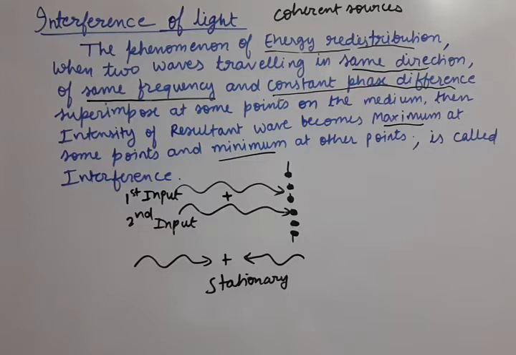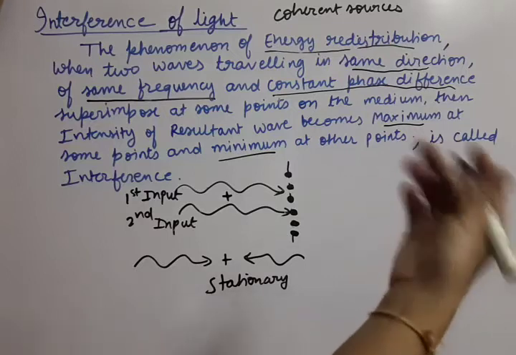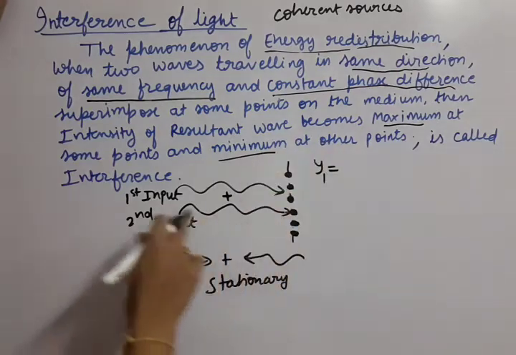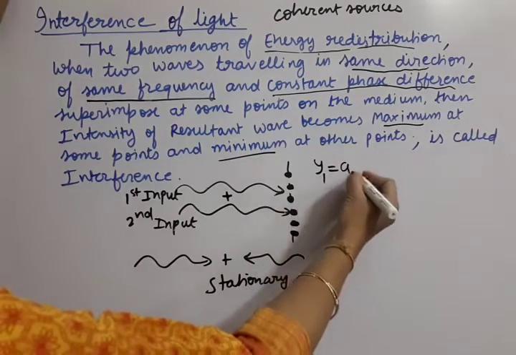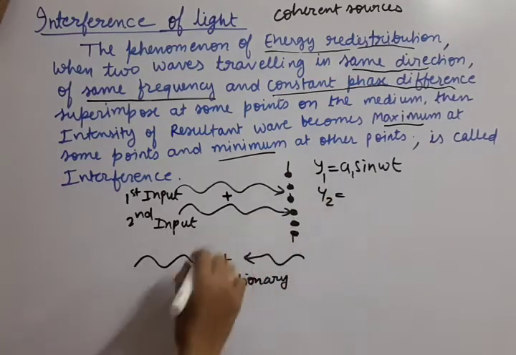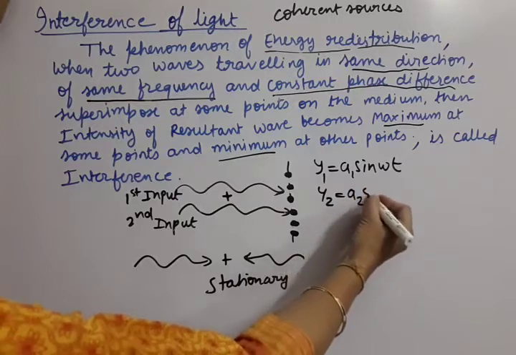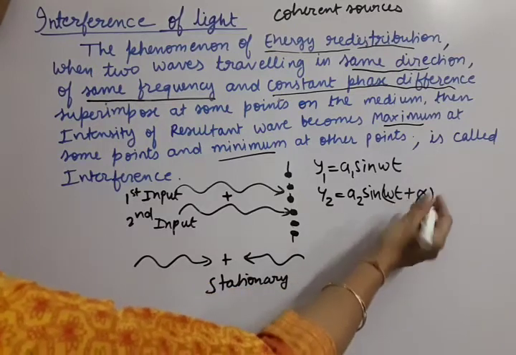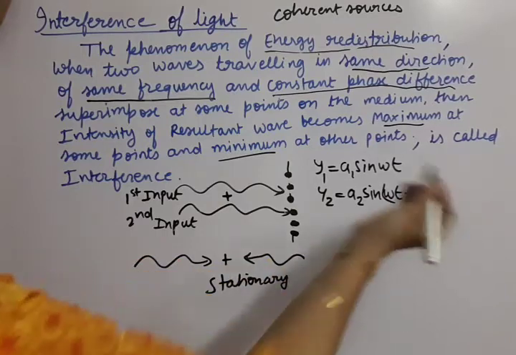Okay. Now we will be making the two waves' equations and we will be adding those two waves. So how to make the equations of the two waves? Let us understand. See, this is the first progressive wave, its equation is written this way. Okay, and the second wave y2, its equation is written this way, a2 sin(ωt + φ). I am just now writing here the angle, some constant value, phase angle 30 degrees suppose.